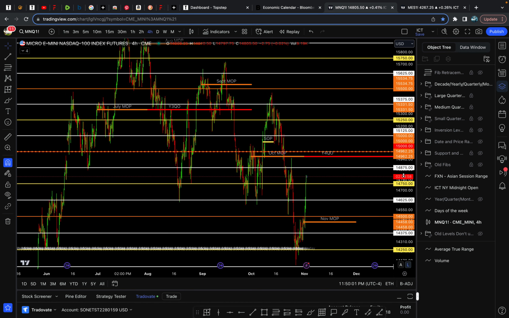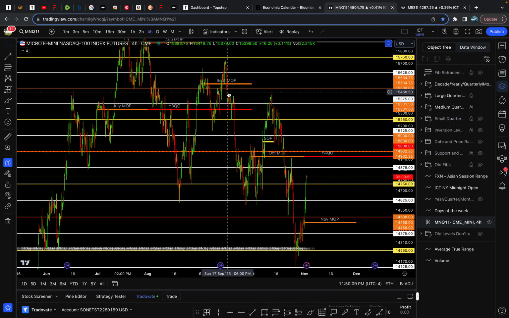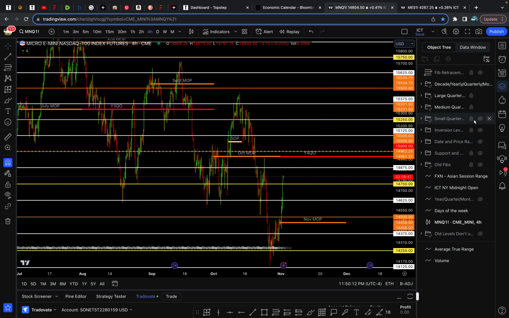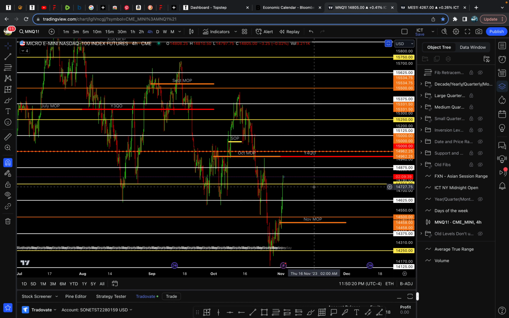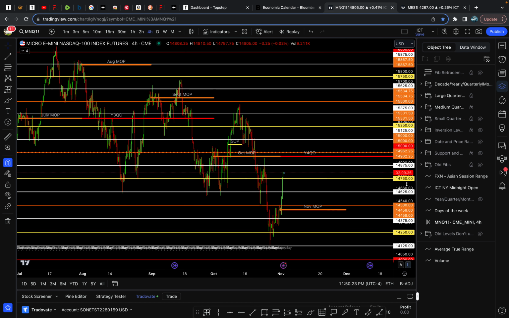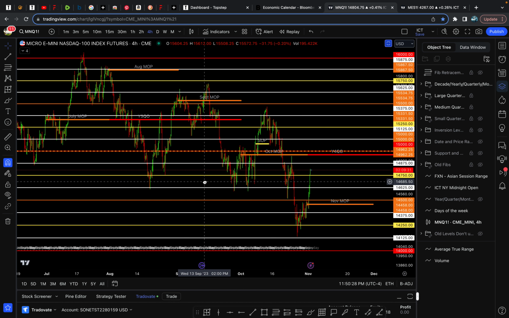And then sometimes, not all the time, I do have like these levels on here, but honestly it's a little busy. I mean, I'm already on the 4-hour chart, and it's a little ridiculous. Maybe if you're trading on the 1 minute, which I do, but it's a little too much. You don't really need all that. Look at that, I was slammed through the liquidity there, huh? But anyways, that's the levels. But I'm not trying to talk about those yet.